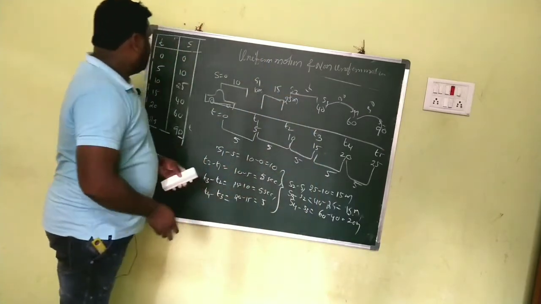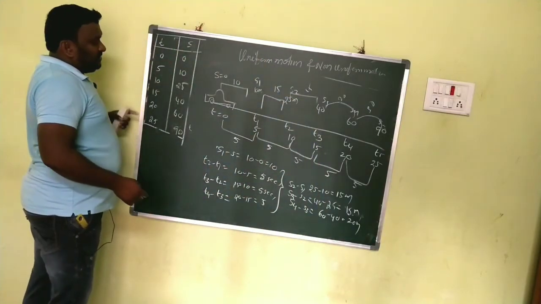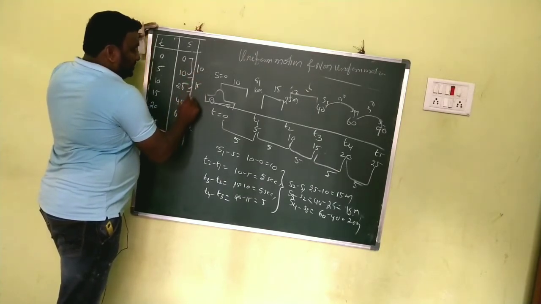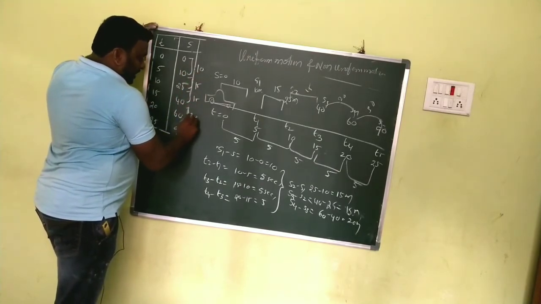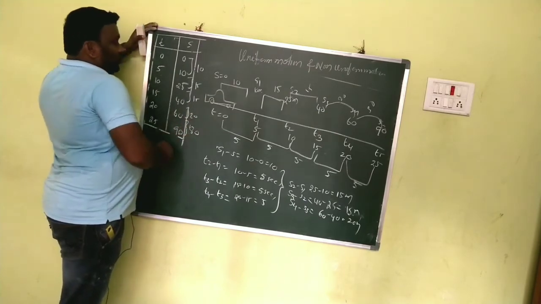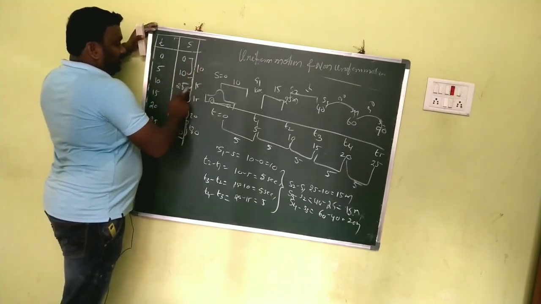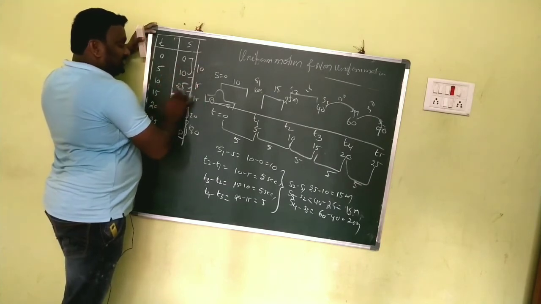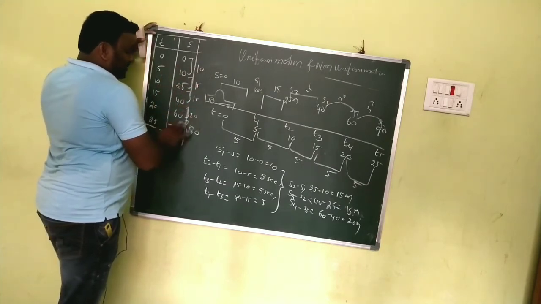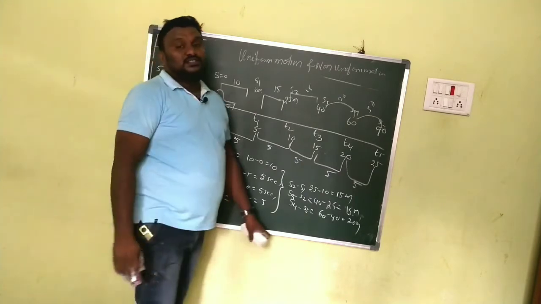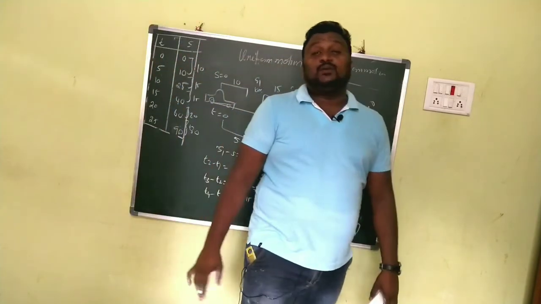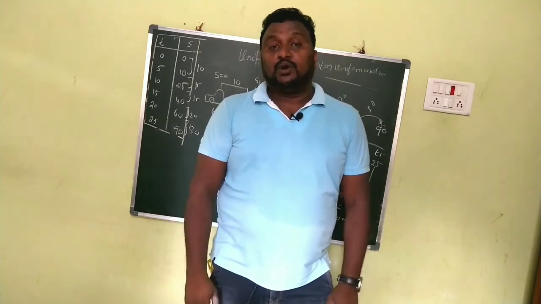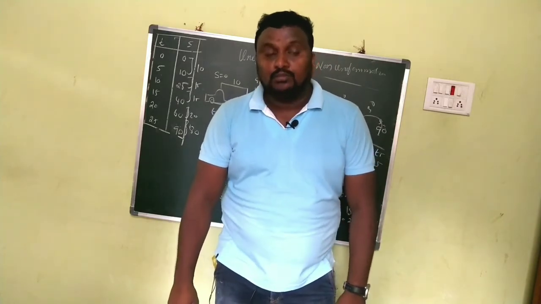Very clear. In this case we have differences, very clear. Now it is 10 and it is 15. Here the difference is 15, here 20, and here 30. For every 5 seconds here 10, 15. For first 5 seconds 10, next 5 seconds 15, next 5 seconds 15, next 5 seconds 20, next 5 seconds 30. That means the body covers unequal distances in equal intervals of time. Then the body is said to be in non-uniform motion.